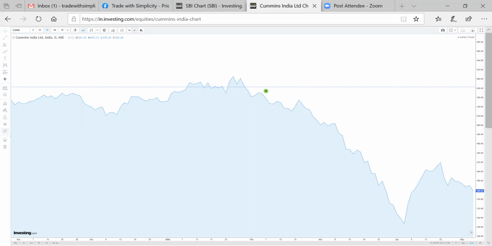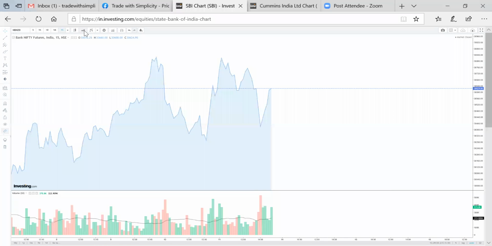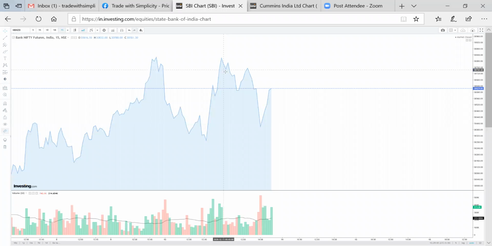Okay. Now this we saw on a daily chart, right? Now let me explain how I sometimes use it on the Bank Nifty on a 15-minute chart. Okay. Now you see Bank Nifty. Everybody, can you type yes, Bank Nifty? Yes, Bank Nifty. Okay. So I can change it to this. And I can change it to this also, right? So if you see over here on the 15-minute chart on Friday, do you see this low and this low, lower lows? Do you see this low,